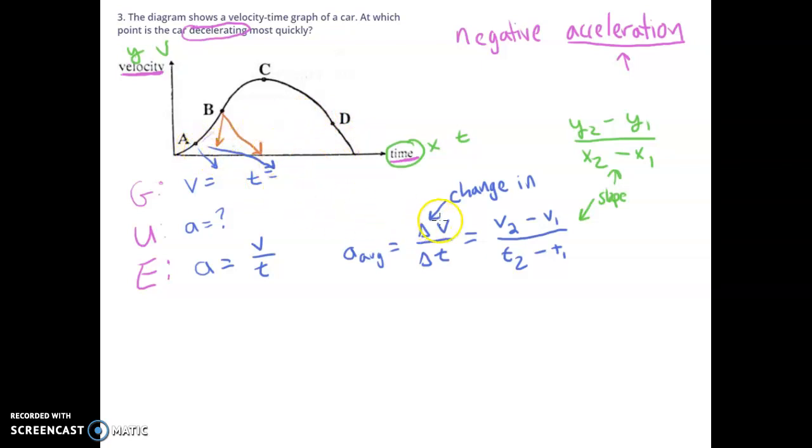But how can we have a change in anything at a single point? How can there be a change? And there can't be. There can't be a change because it's a single point. But it turns out,